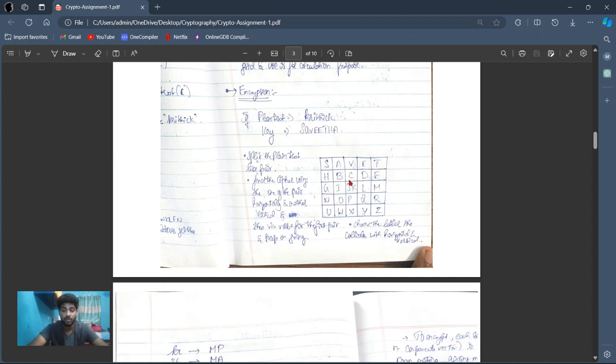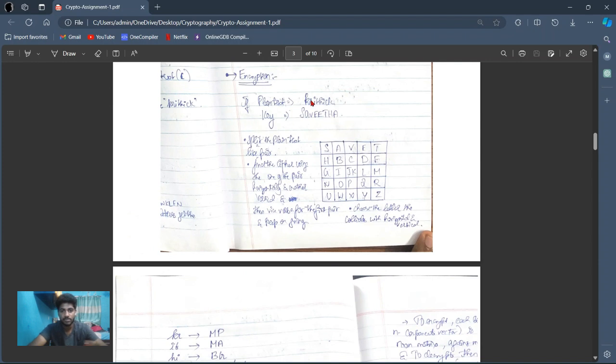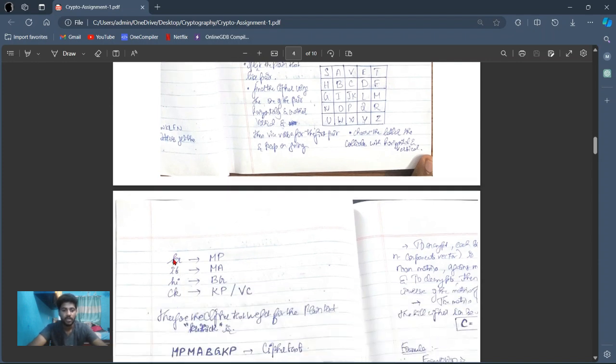At the same time, what we have to do is write any one letter with another letter, because as we know, in a 5 cross 5 matrix there are only 25 boxes, but in our alphabets there are 26 letters, so we should write it like this to fill all the letters into the matrix. After that, as our plain text is Kritik,